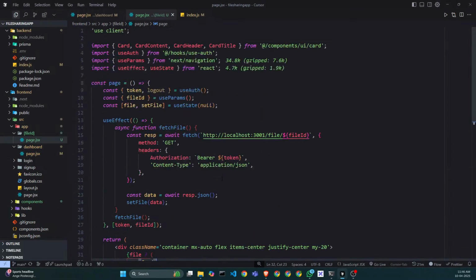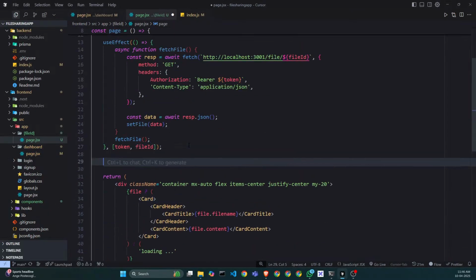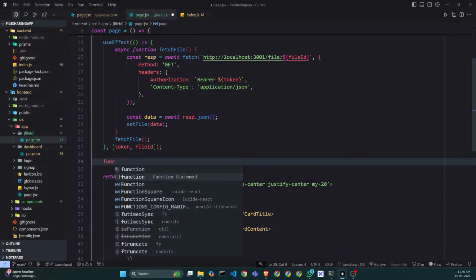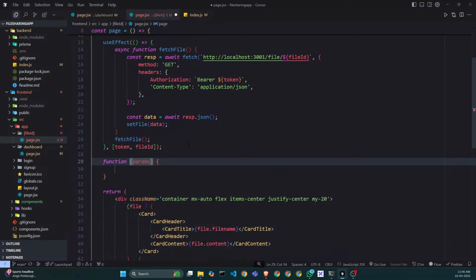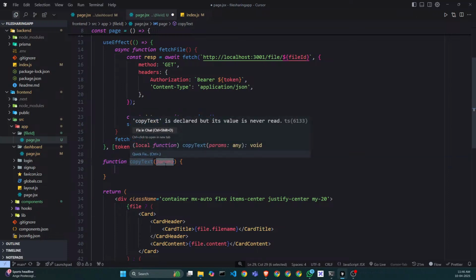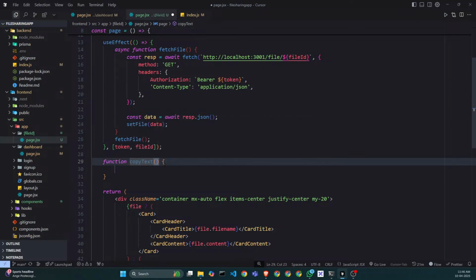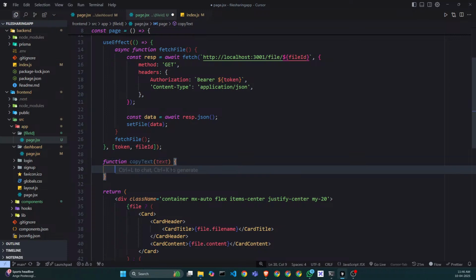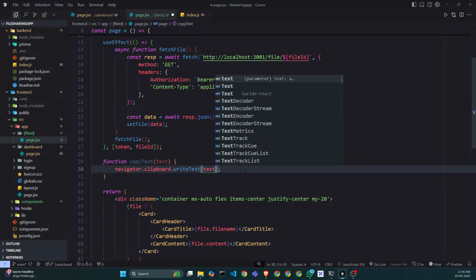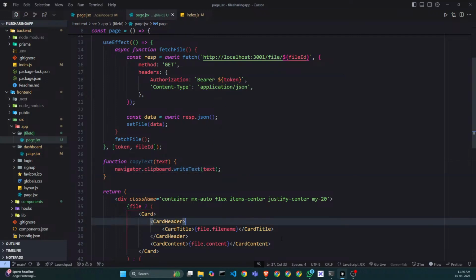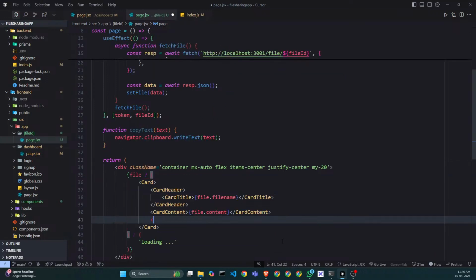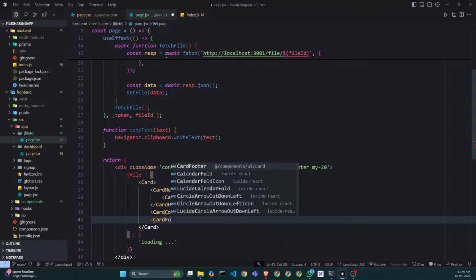So let's make a function. So copy text. Text. So